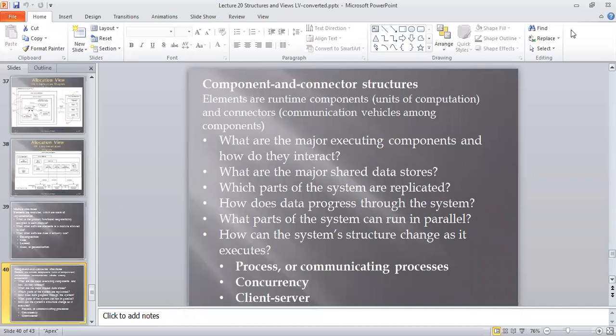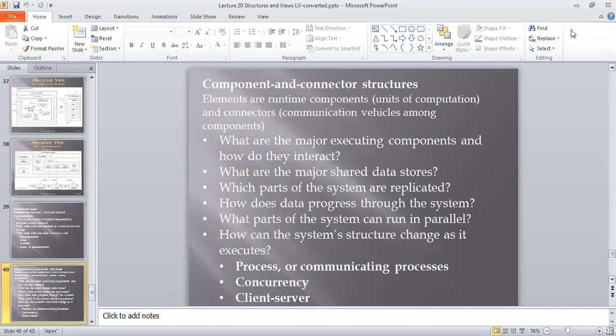After that, what are the major shared data used by the components? Again, we have to focus on which type of data is shared by or used by which modules, and how they are interconnected, depending on that data sharing concept.